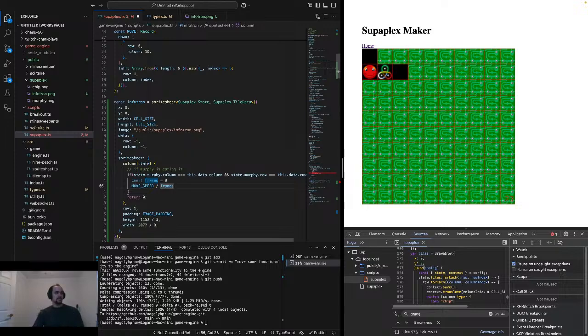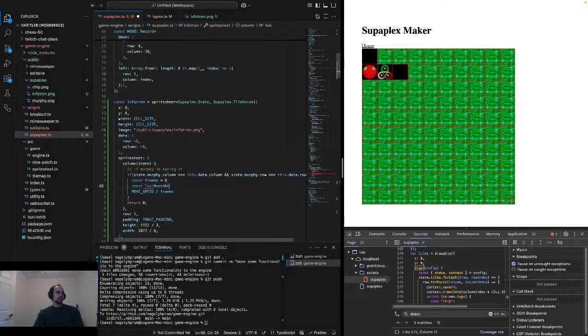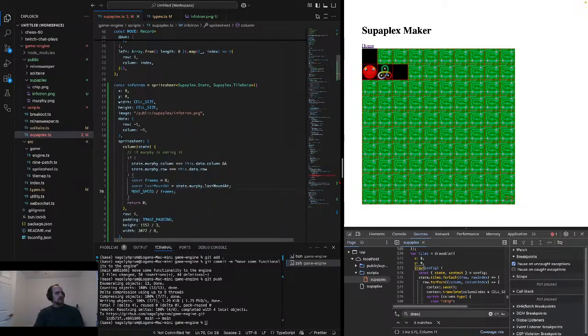And then we'll see, const lastMovedAt equals state.Murphy.lastMovedAt. So if the last time he moved